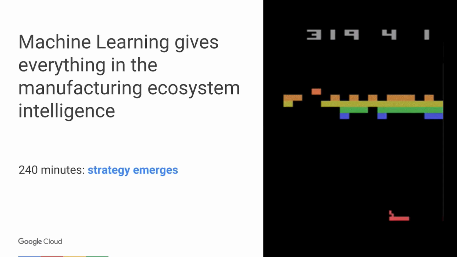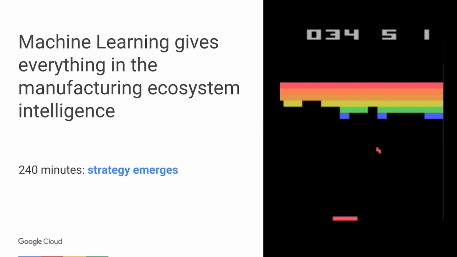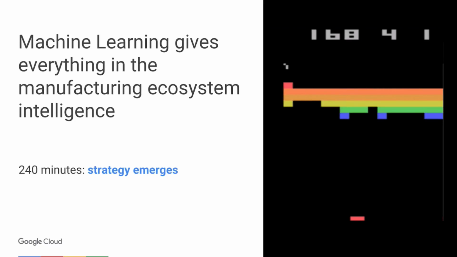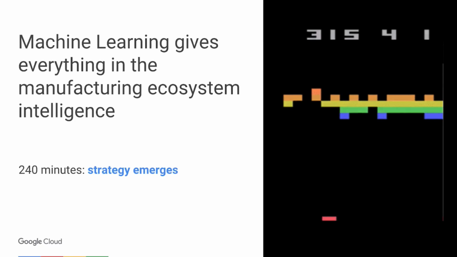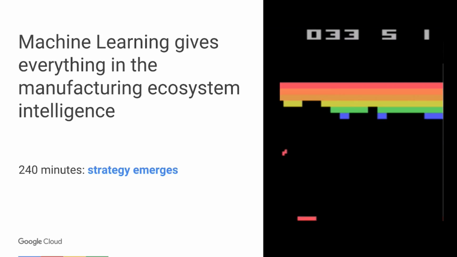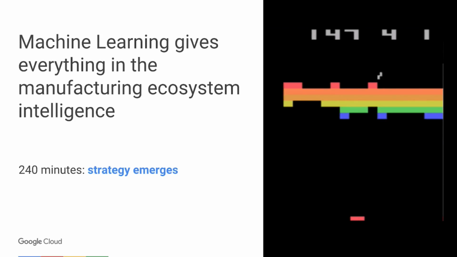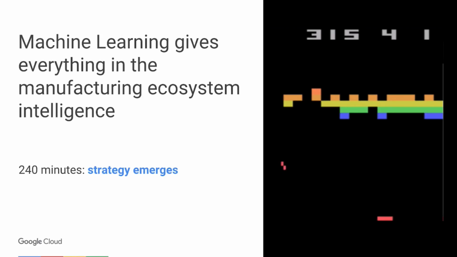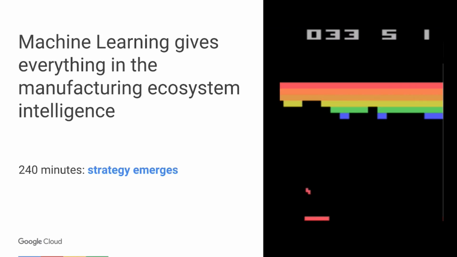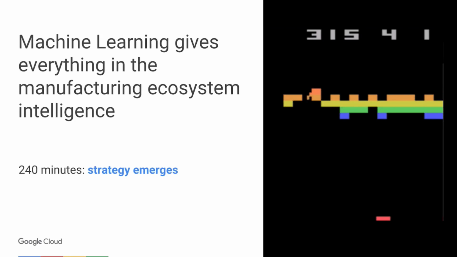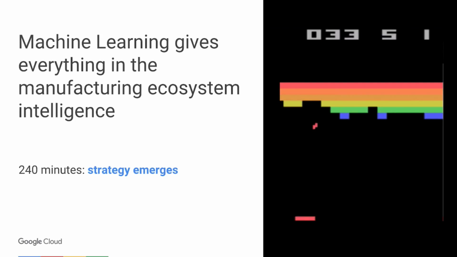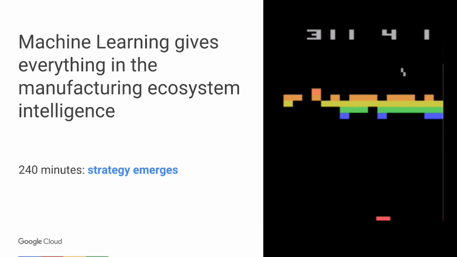But an amazing thing happens next. After just 4 hours, not only has the machine become an expert, it's actually learned how to optimize score through developing a strategy. Yeah, I said it, strategy. This machine has learned the strategy in Breakout of breaking out a side of either side so that it can get up on top and knock out a lot of blocks and really take a score from being single or double digit into triple digit numbers. This is really the power of machine learning.